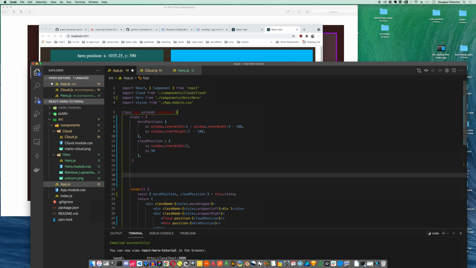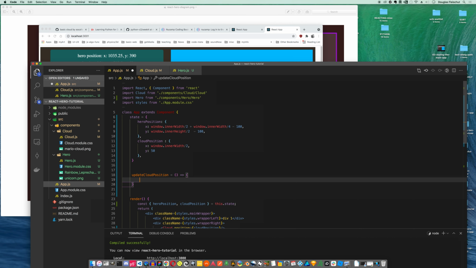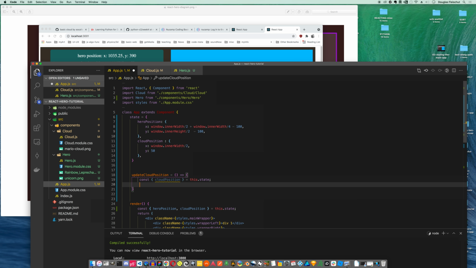I'm gonna make a method here in App called updateCloudPosition, and it's going to be an arrow function, and it's going to get the current cloud position, and then it's going to, let's see, this dot, actually, you know what, we don't even need to, yeah, we'll do that. This dot, we'll call this.setState with cloudPosition,